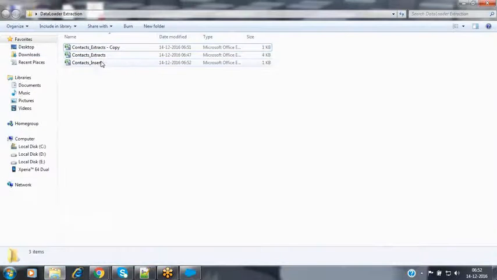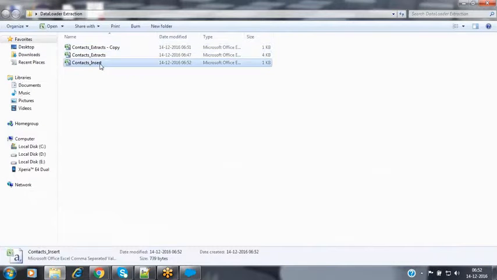Let's save this file. Now, these are the insert records which I'm going to be inserting right now. These are the 5 records inside my file. I would like to insert these records.